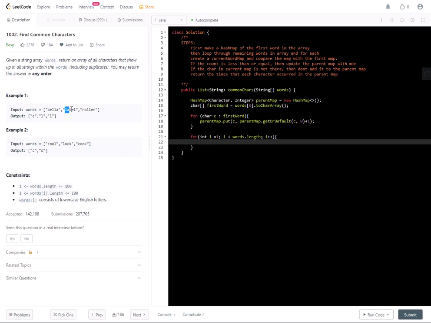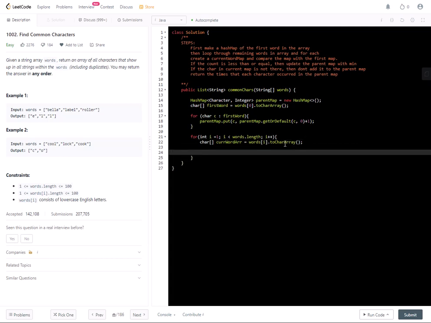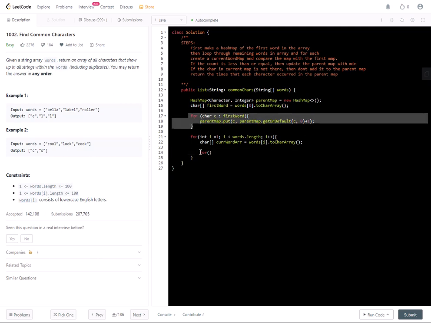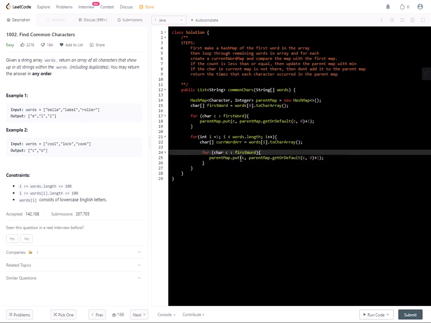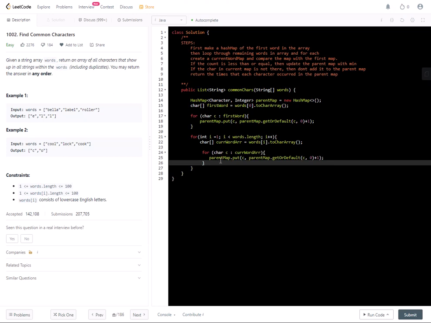After that, we loop through here, and then we get char word array equals words index i dot to char array, and in here we're just going to loop through something like this. And words array, parent map dot put C, parent map dot get or default C. Okay, once that is done,